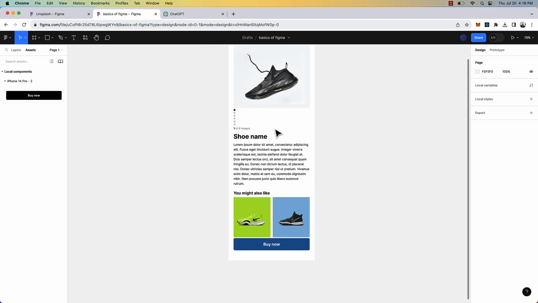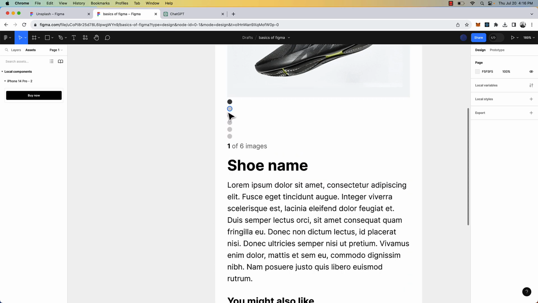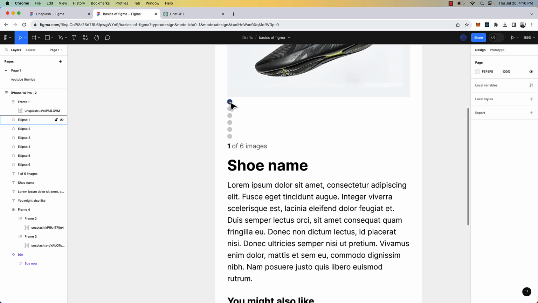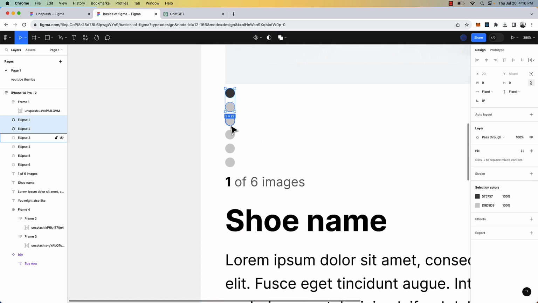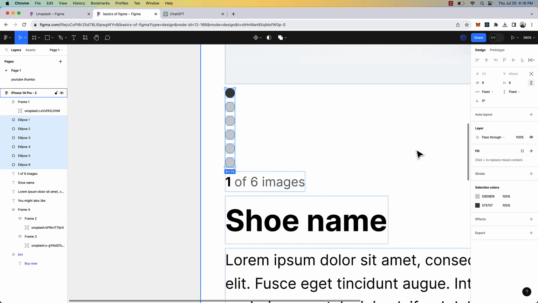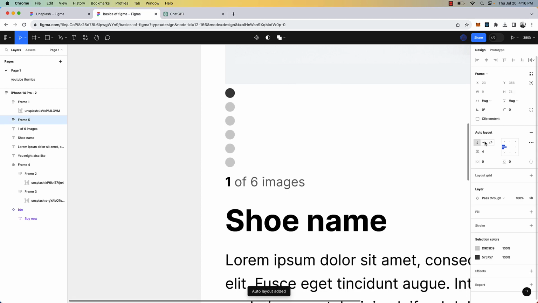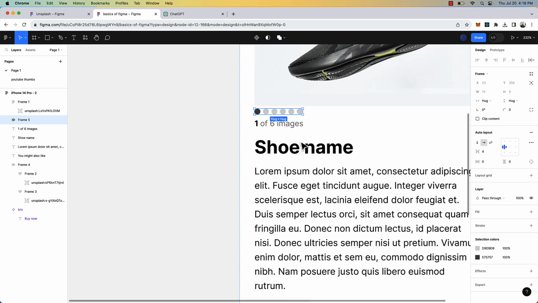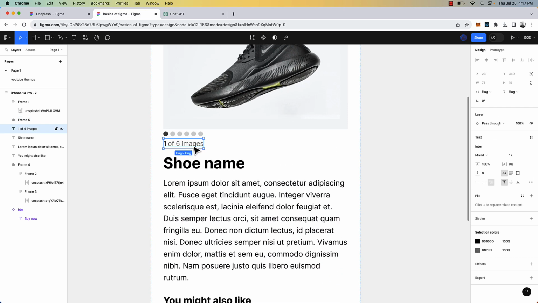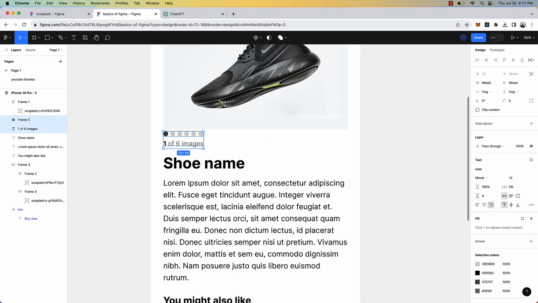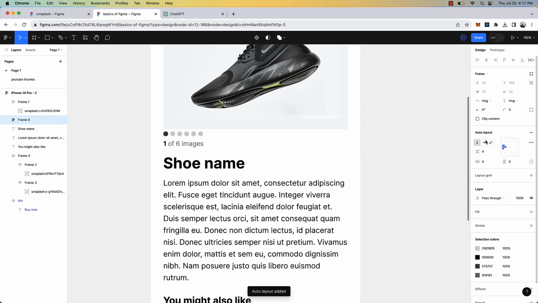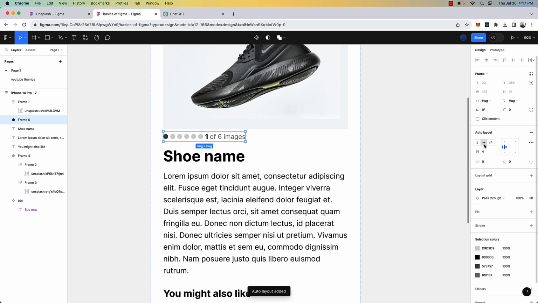Okay, so there's still some issues here. This is not how we would like it. So I'm going to select all of these indicators, and I am going to create yet another auto layout, and we're going to make sure that it is horizontal. That looks better. Okay, now we're going to select that text layer and select this frame. We're going to do another auto layout, and we're going to then do horizontal layout, and we are going to